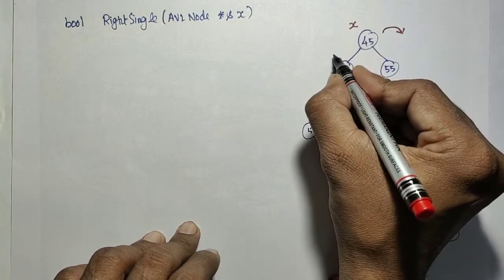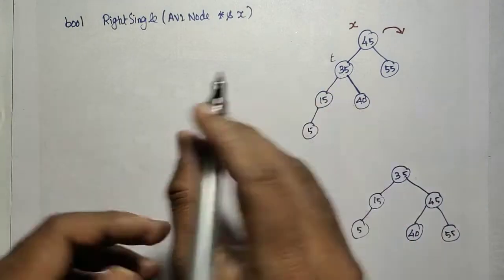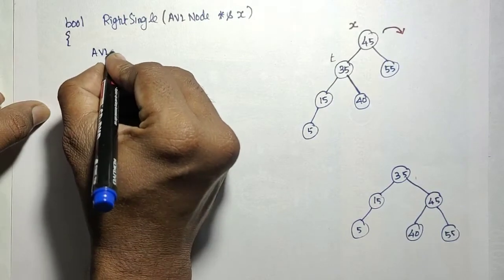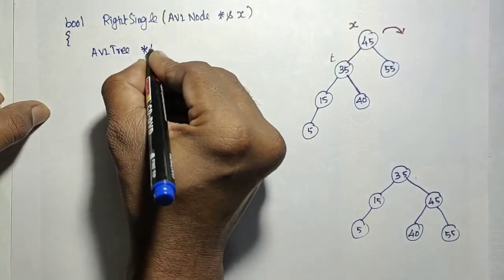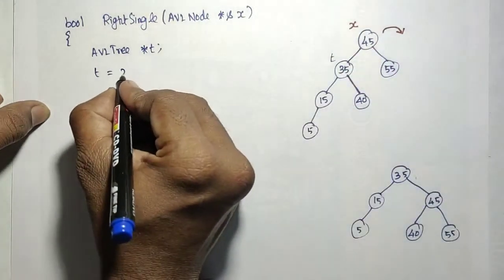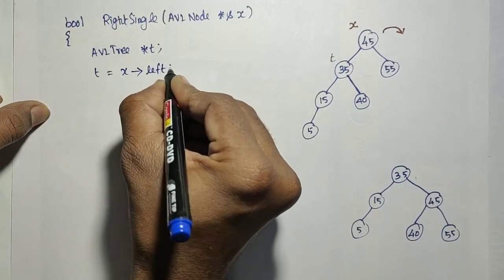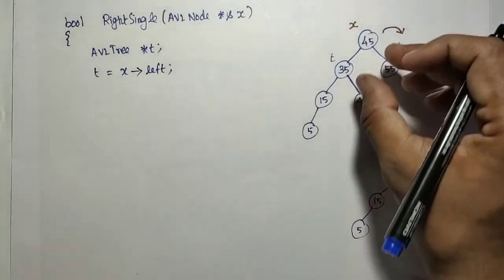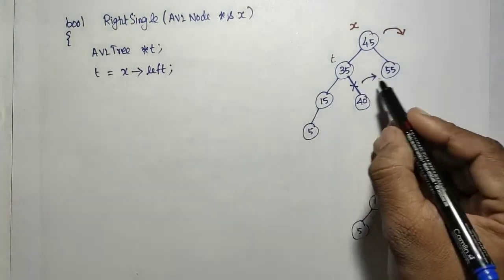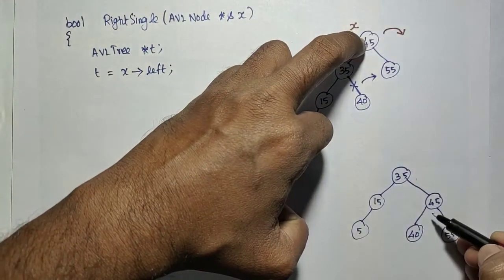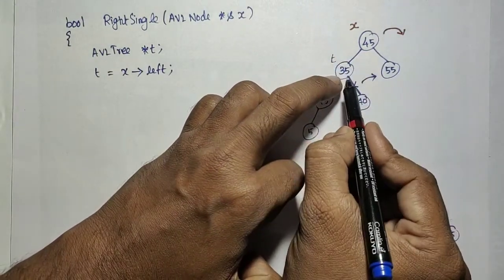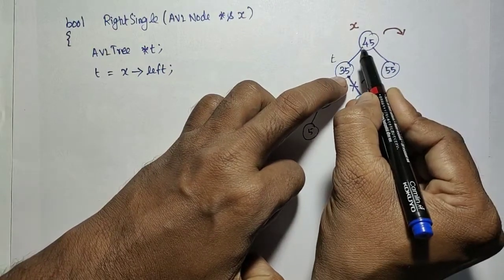So just you make this node as a t, this node as a t. It means that you just take a temporary node, AVL tree star t, and t equal to this node, which is nothing but x of left. So x of left, just we have updated this. Now we have to write this action, that is this will be cut and this will be joined here. It means this will be joined as x of left. What is that, the current t of right, this link is going to be joined here.